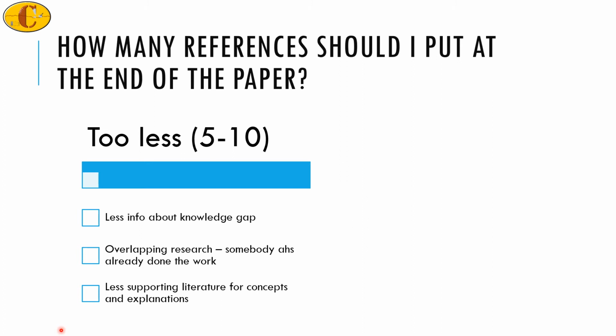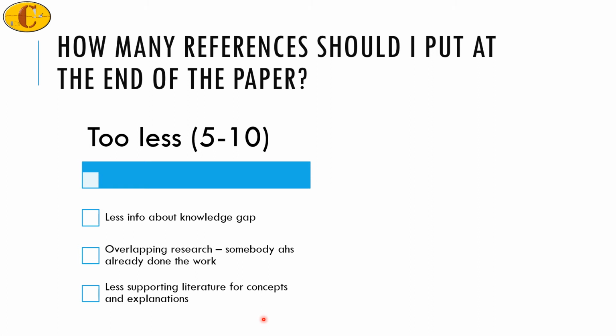Further, if that person has stumbled upon something interesting and they already have a great innovative idea, less literature review in the document shows that the concepts may not have enough supporting literature. For example, if you put just one, it means that in all these hundreds of years of research, only one person has tackled that topic or has talked about that concept. Hence, it is better to have a little more references or supporting literature for at least some of those concepts.